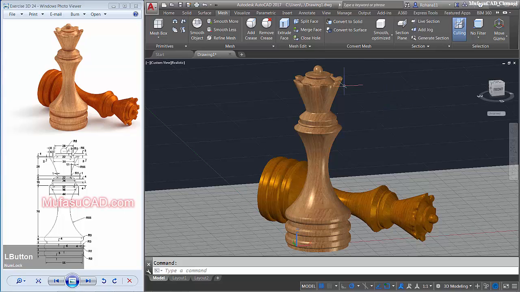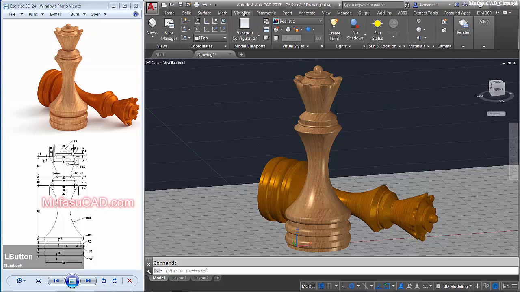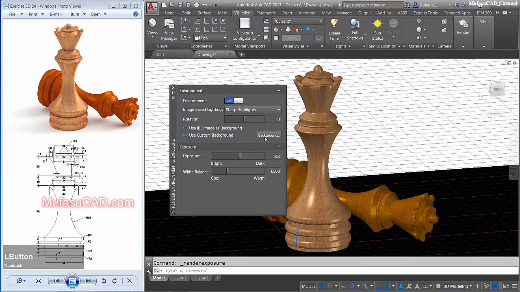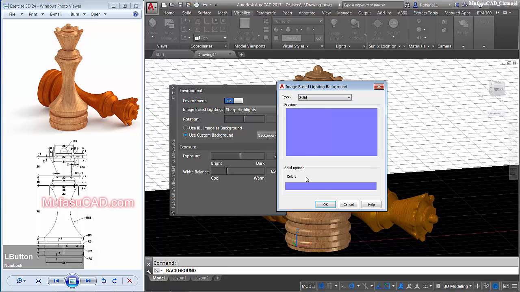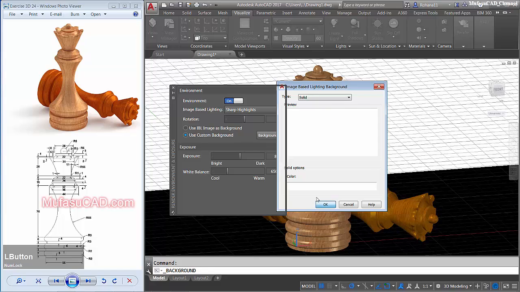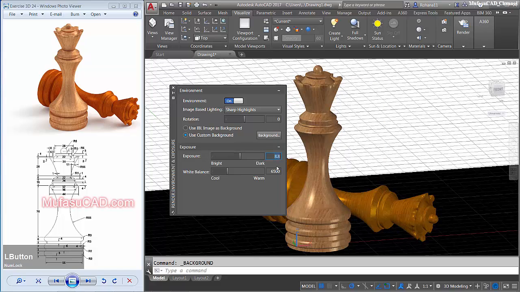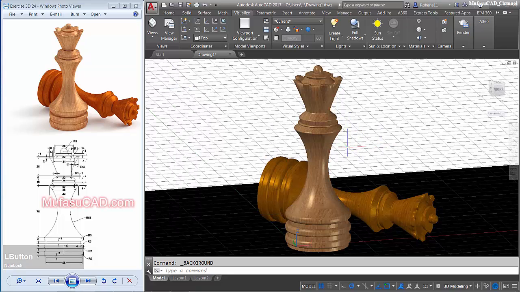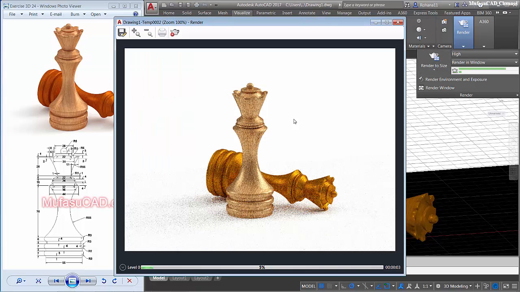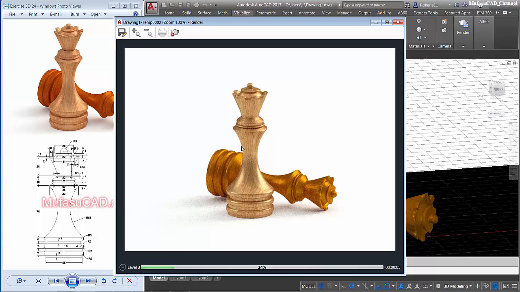Okay, close. Next, select this visual style, activate full shadow, and then use the high render here, activate environment, use background into solid and change into white color. Okay, exposure about 9 and close, and we try to render this object. You can click here and render. We wait for the rendering process until finished.